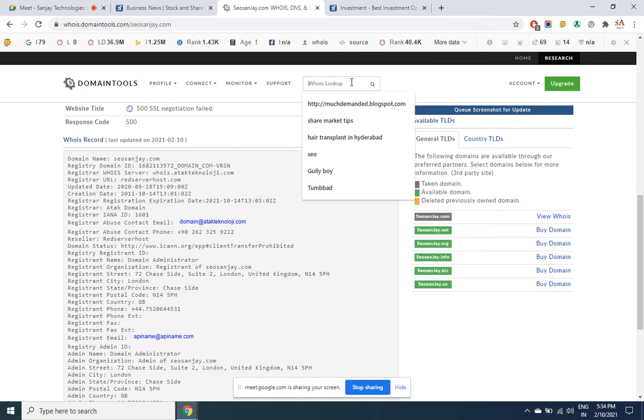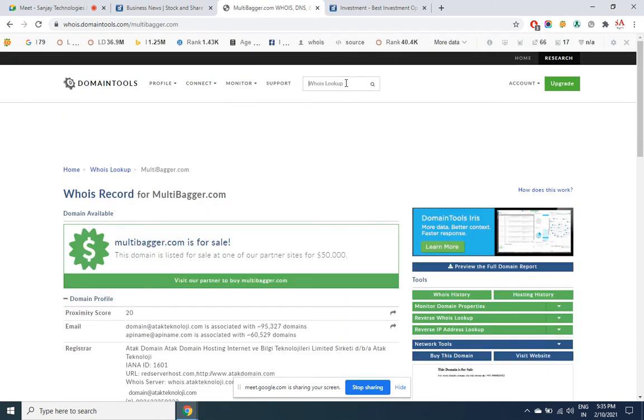Let's see some other site. Multibagger. This is also my domain. Just as you have property registration papers, likewise this is the proof that the site is yours.